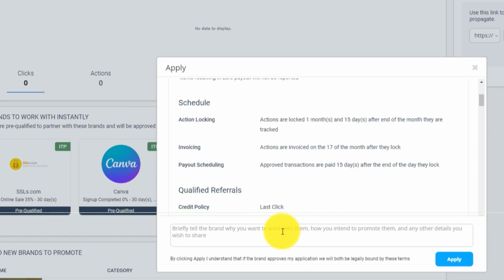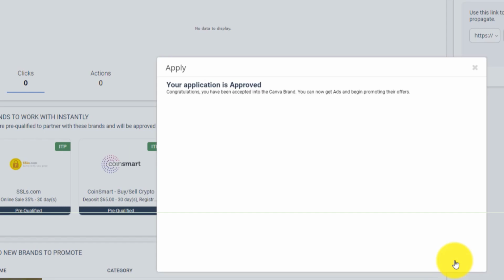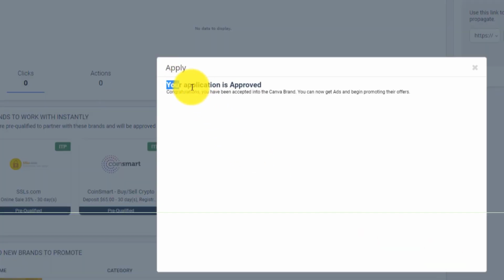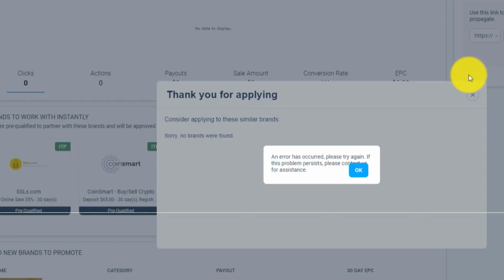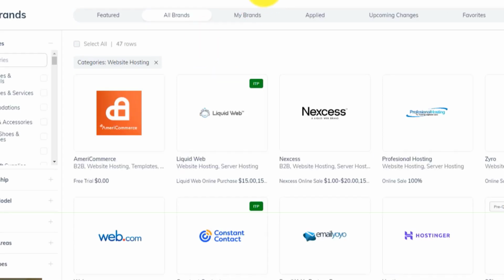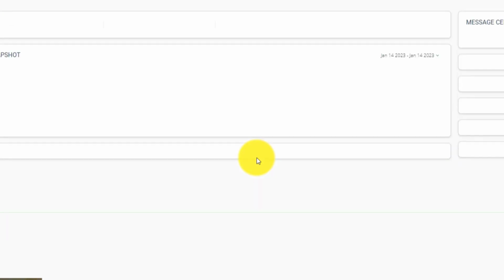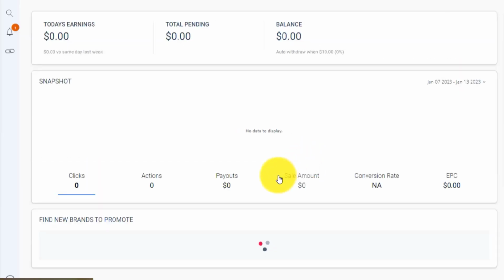All right. You can write here something like, I want to work with you, something like that. And you can also leave it empty. Let's apply. As you can see, your application is approved. Good. Now let's come to some other programs